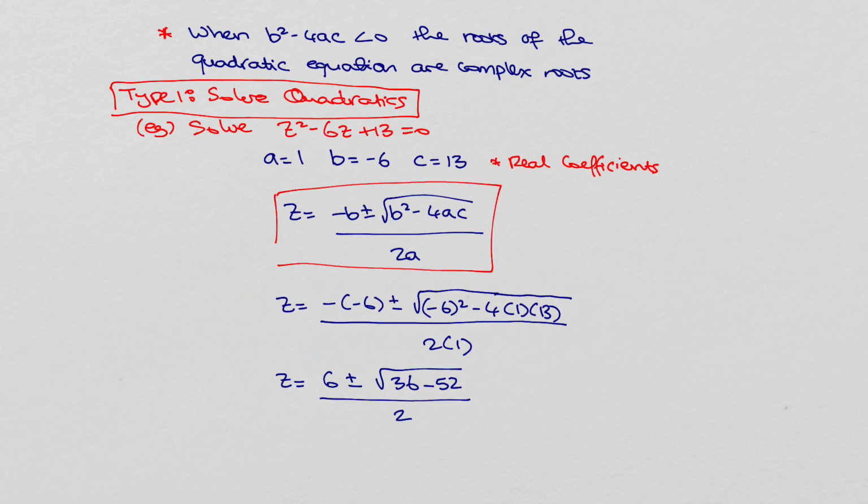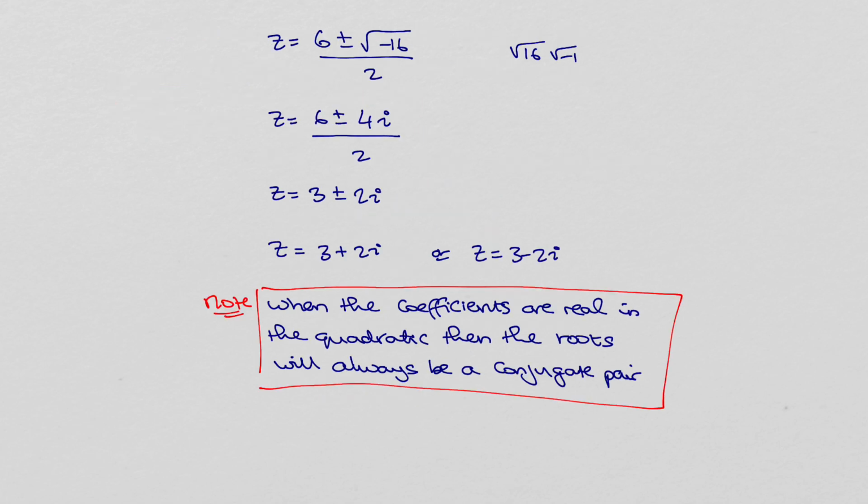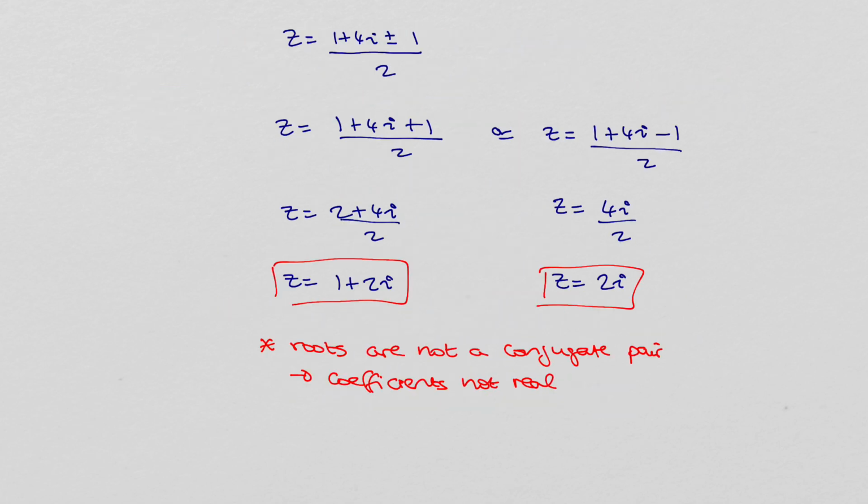So if we call those examples type 1, where we're solving our quadratics, then the second type that we want to look at today is where we're going to go in reverse, where we're going to form the quadratic. So this is no different from algebra. If we're given our roots, we can write out the factors and then we can multiply our factors and get our quadratic. But of course we have our nice shortcut formula